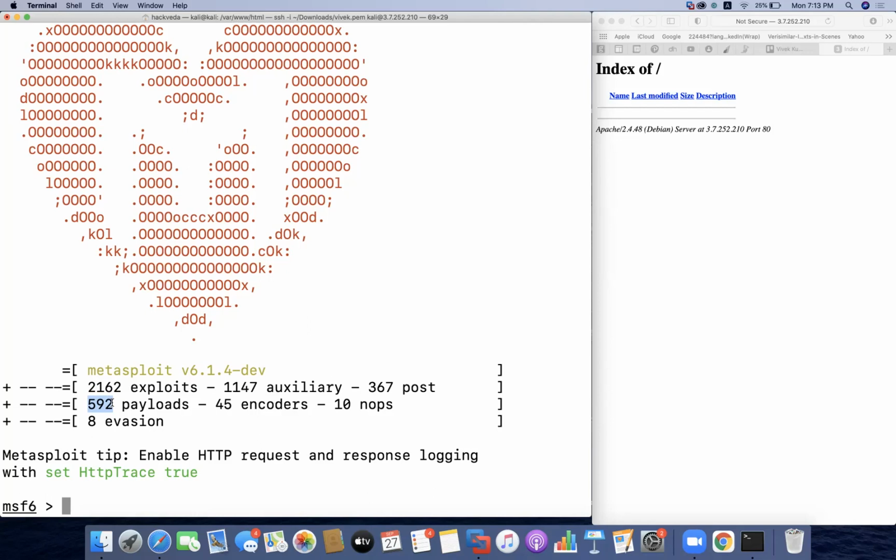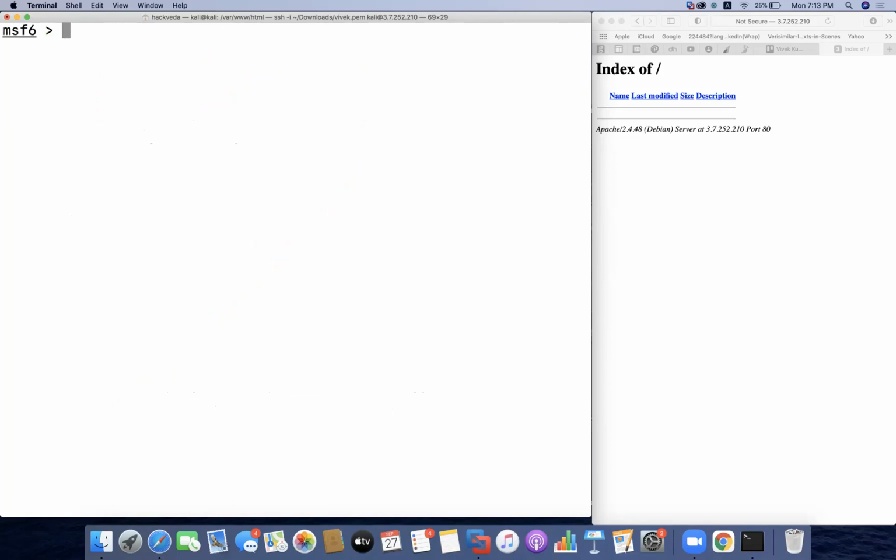So here we are where we are going to create our virus program, and then we are going to have a listener, which is going to listen for how the server is going to be hacked. Now, what next am I going to do? I'm going to clear the screen first. And I'm going to show you certain options, show payloads.